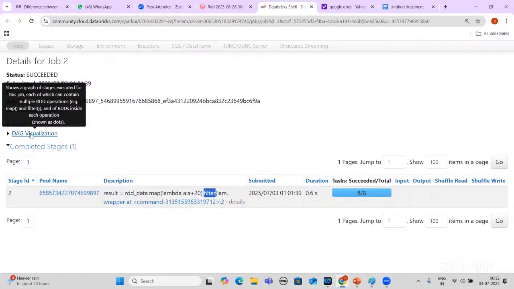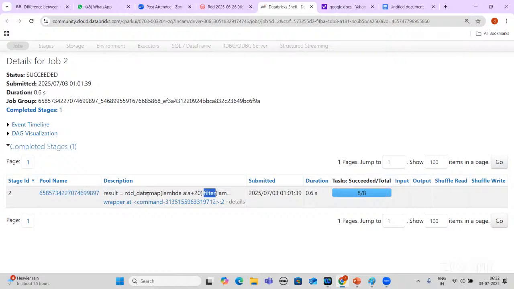It shows us dots. Why are there dots? Because it is Python coding. For each and every function, we need to connect it with dots. So who is taking care of all these lazy evaluations? It is controlled by the DAG scheduler.